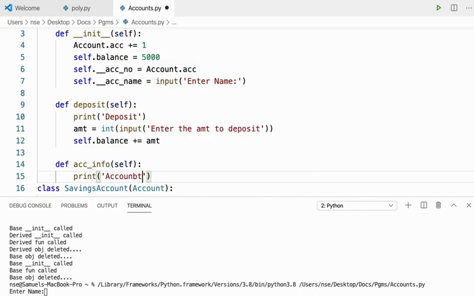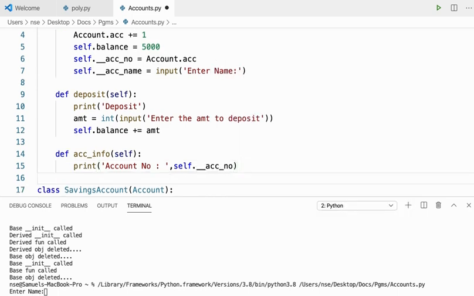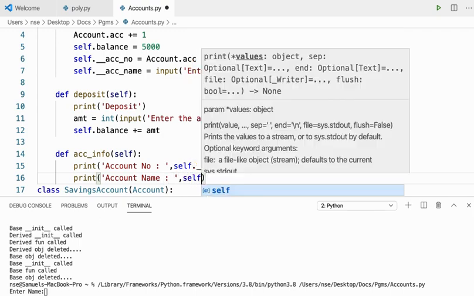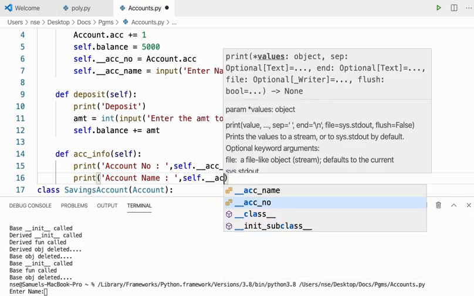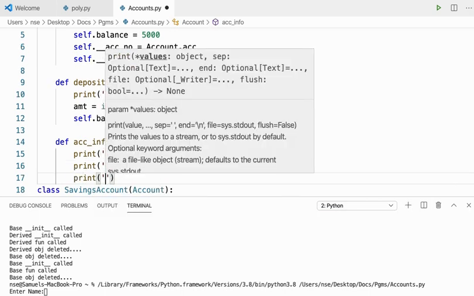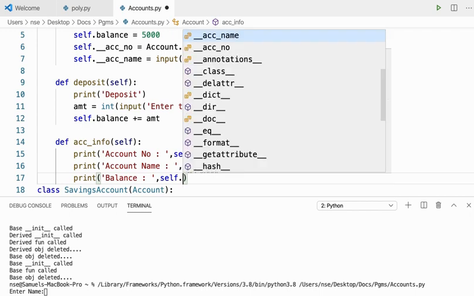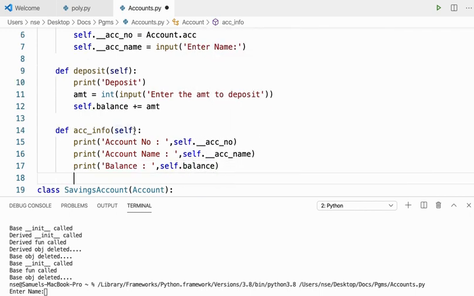Let me say print account number, and then self dot account number, and then I'll print the account holder's name, self dot account holder's name, and then I'll print the balance which is available, self dot balance. That's it, that's enough.